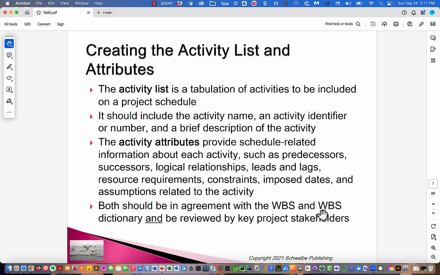And again, we'll talk about that in a couple of minutes. Both should be in agreement with the WBS and the WBS dictionary and be reviewed by key project stakeholders. So again, I suggested that we organize this using the WBS. And in terms of this being reviewed by key project stakeholders, well,